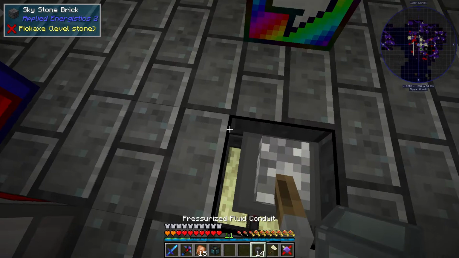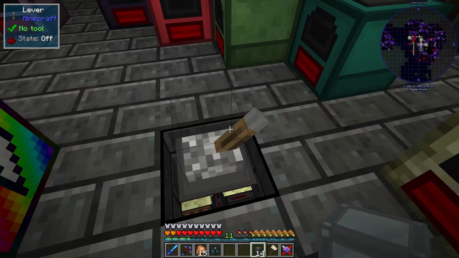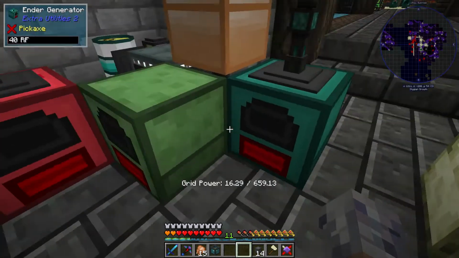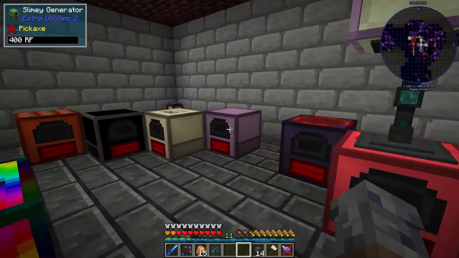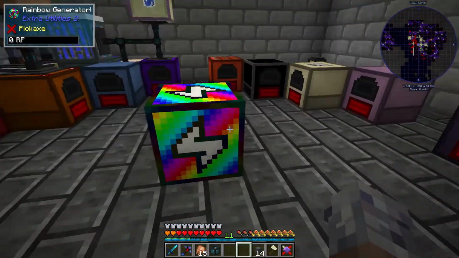Now, I did want to show you how this block disappears here. You can see that I've got a redstone conduit. I've got an energy conduit. Basically, this lever is sitting on top of the redstone conduit, which goes over and will give a signal to all of these generators so we can have them all running at the same time. And then I decided to go ahead and dump all the energy out of these, including this one,